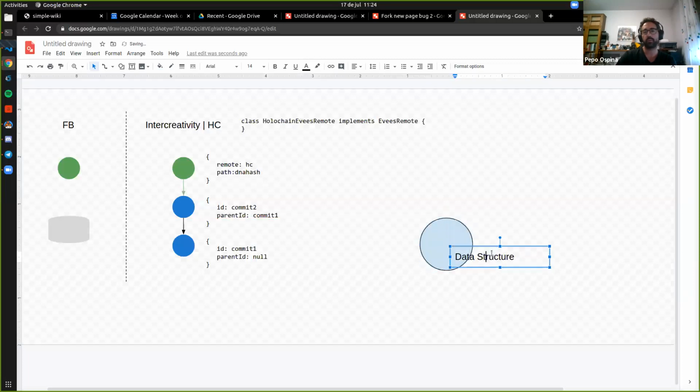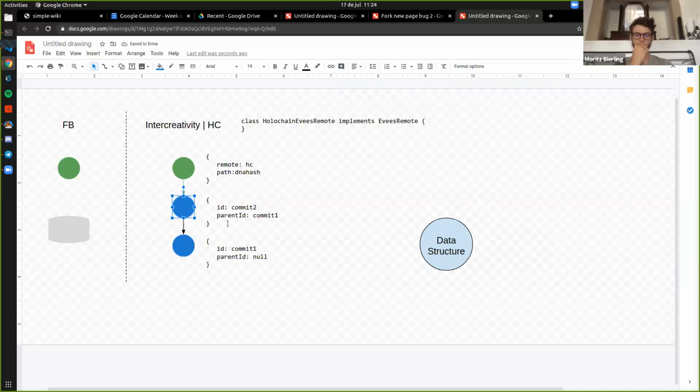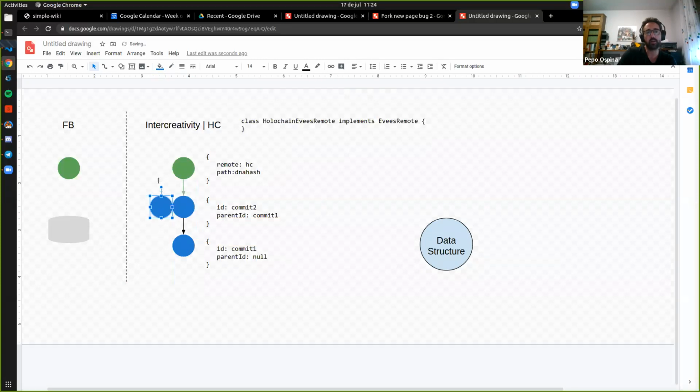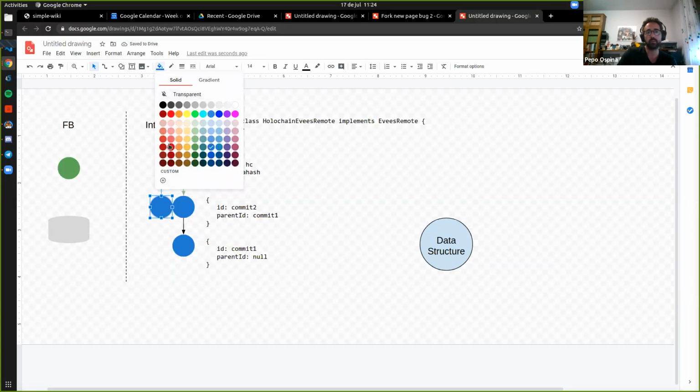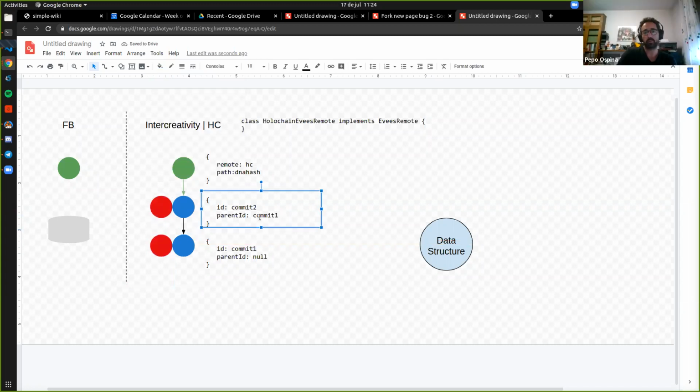Now, what you said about being limited to JavaScript: the data structure is a clone of Git data. This is Git basically. Git works like this. These are commit objects. I am missing something, because commit objects don't come alone. They come with a data object. So this is how Git works. You have commits that point to their parent, and then they point to a data block that is the actual file. In this case, this block is a JSON object.